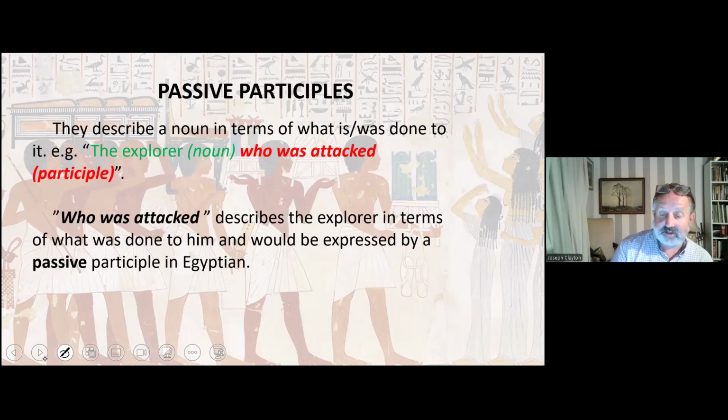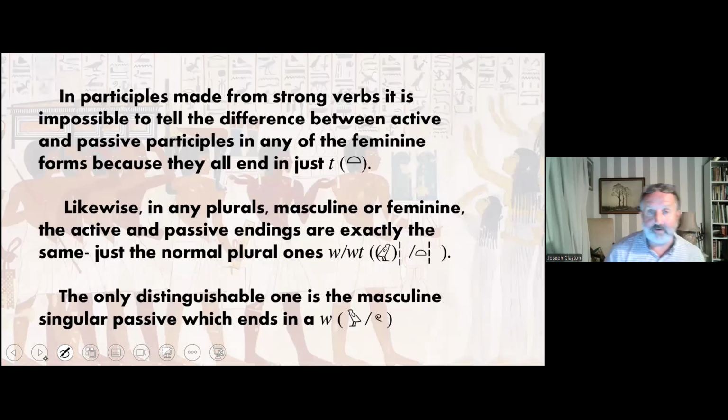Right, passive participles describe a noun in terms of what is done to it. So the explorer who was attacked. Okay, who was attacked explains the explorer in terms of what was done to him. You'd use a passive participle. Now, this is the problem. In participles from strong verbs, you can't tell the difference between active and passive participles in any of the feminine forms because they all end in just T. So it could be a woman who heard, or it could be a woman who is heard, or it could be a